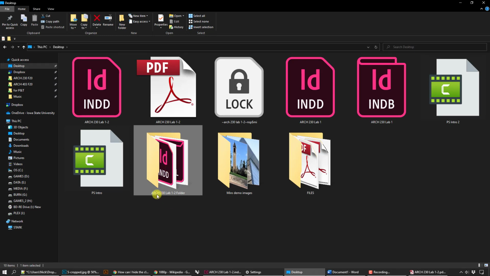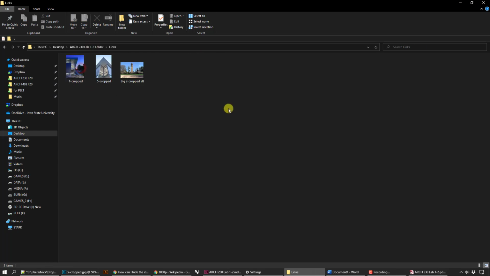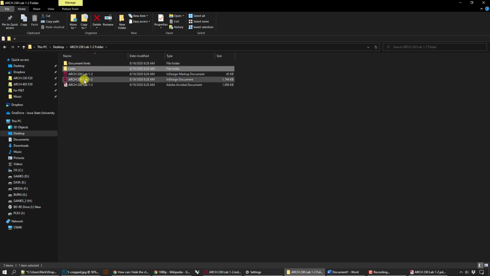It's a folder. It contains the PDF that it generates. It's going to contain the InDesign document. It's got the markup, which is additional data for the document. It's going to have all the fonts that you used, so it has Arial, and it has all of the images that you used in the file. This is super convenient, because here are all the things that you worked on. If you give it to somebody, they can open up this InDesign file if they have InDesign,